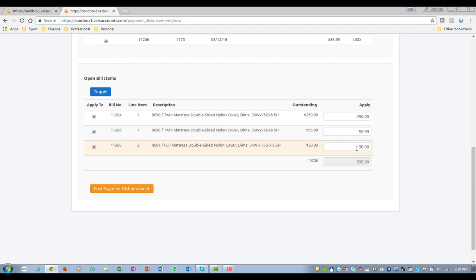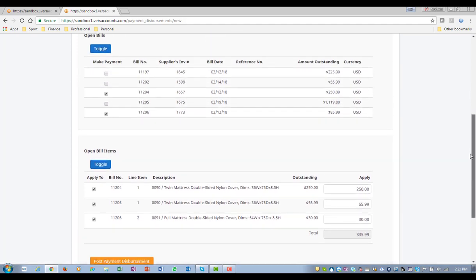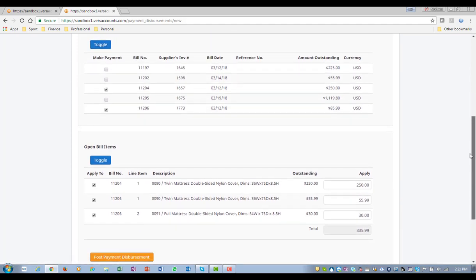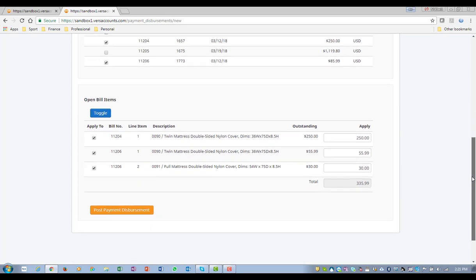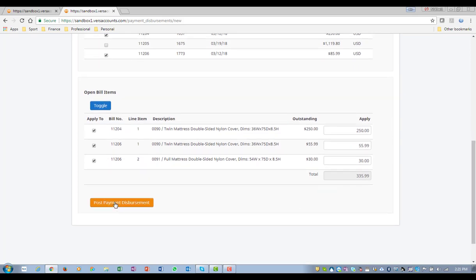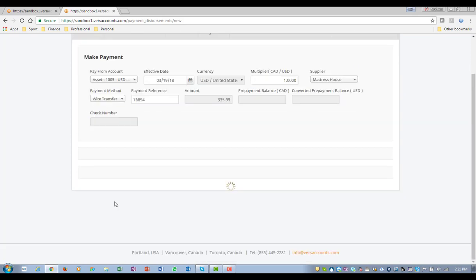There might be a situation where you receive some goods from a supplier and you have a dispute over one of the line items, but the other item was received successfully, and you might just choose to pay only one line item. So a really nice feature. It couldn't be easier to pay your bills. They come up all ready for you to select, and we simply click on post payment disbursement